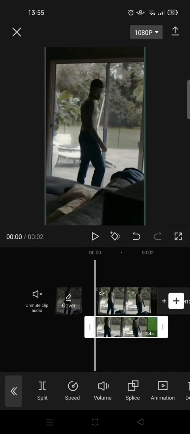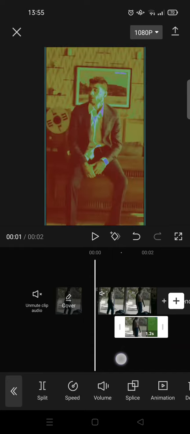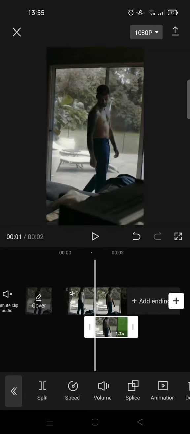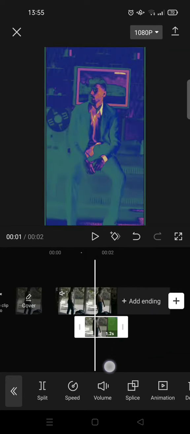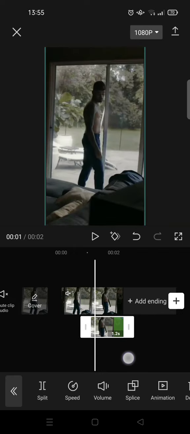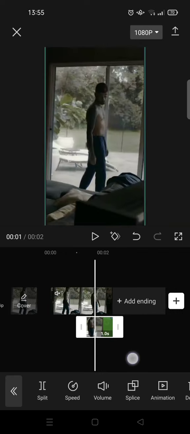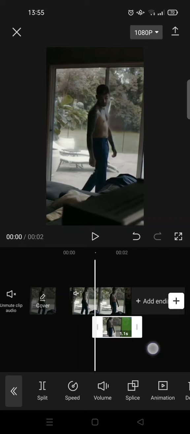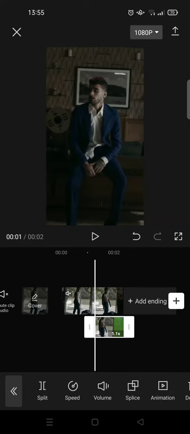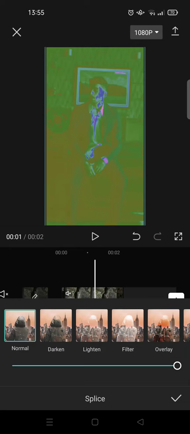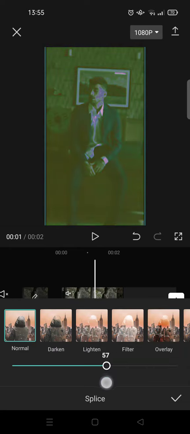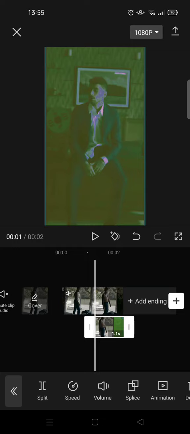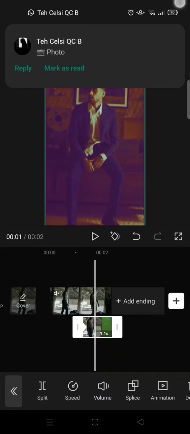Okay, and then here adjust the length, so I'm going to start here. And then after that click on splice and then choose normal and set it to 60. Click on the check icon and then add a keyframe at the beginning and then move forward a bit and